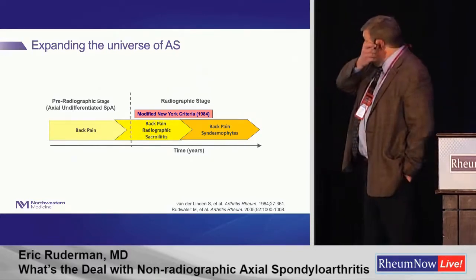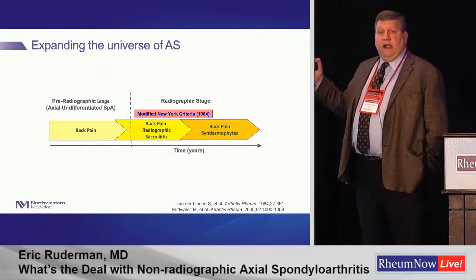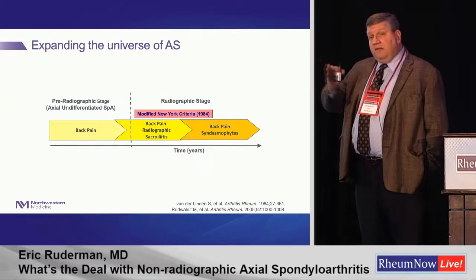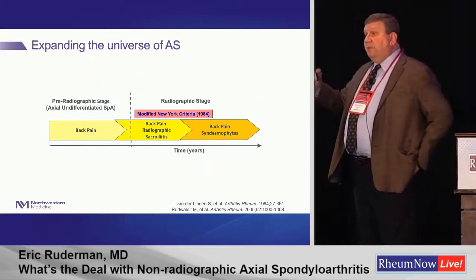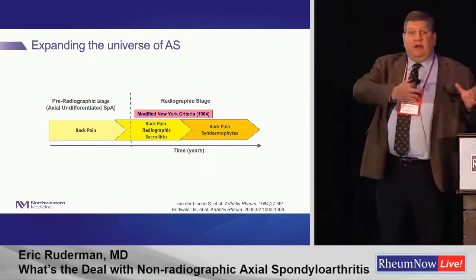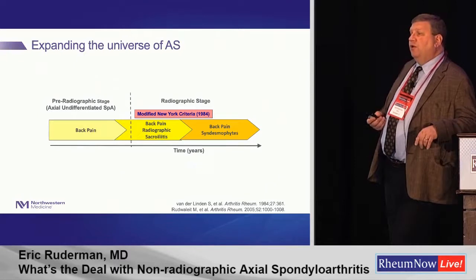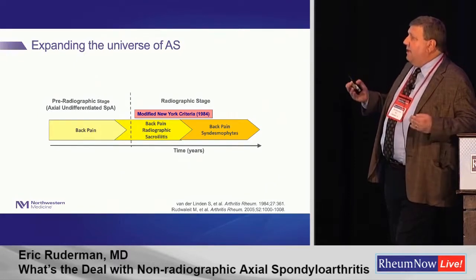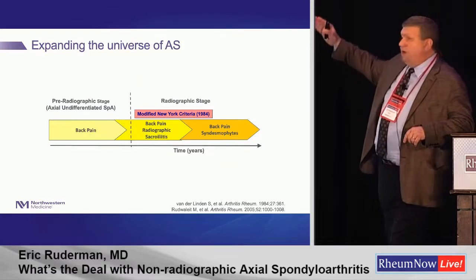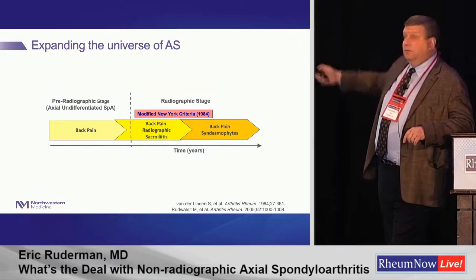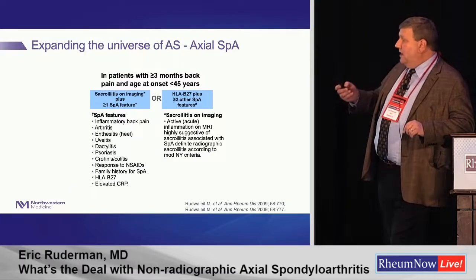And John showed you this slide too, and I think where this slide started was to look at AS a little like RA, that said, well, you started with disease, and maybe you didn't have radiographic change early on, but you were going to get it later. And so the update in the RA criteria, you all know, was an effort to get at earlier disease and not include radiographic damage. Same idea started to come up here. Well, what if we got people earlier in the course of disease? Maybe they've got back pain, maybe they have pre-radiographic AS, and then eventually they'll get sacroiliitis, meet criteria, and then have progressive disease. But the problem is, and I'll show you this in a second, it isn't clear